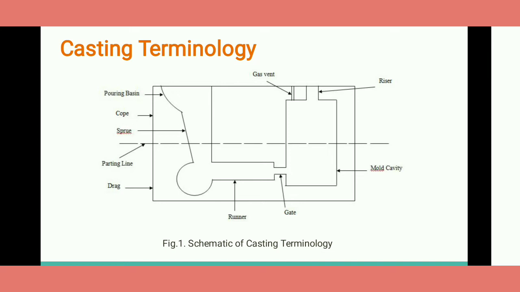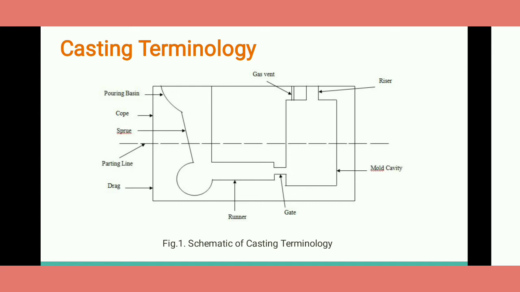Next is how it basically works. With the help of this ladle, we pour this molten material into the pouring basin, and we are using a curvature in this pouring basin because whatever molten material we are filling, we don't want it to dip directly into the mold cavity. So for that we are using these curvatures at the pouring basin. Smoothly, this molten material flows inside the sprue.